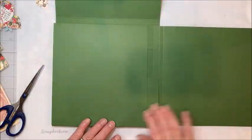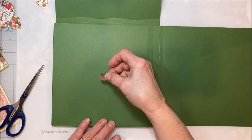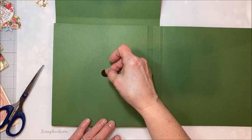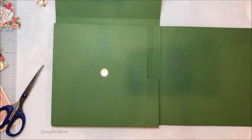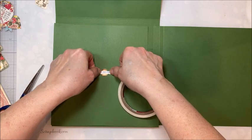So at this point, we're going to take a moment and we're going to place our magnets for these flat pages. And I've got a large one of these basic gray disc magnets, and I want to put it pretty much right in the center of my page. And then I'm going to secure it with my,